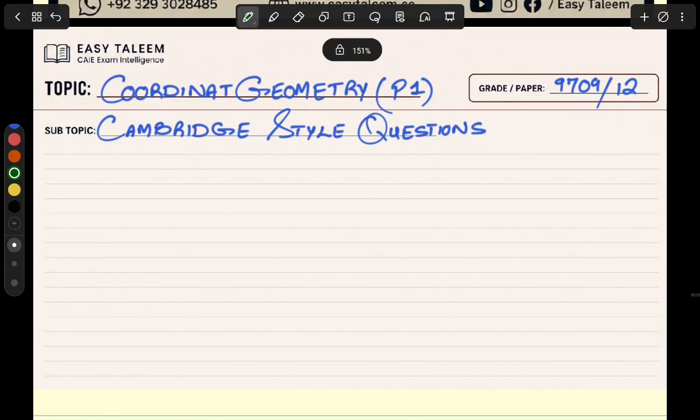Last lecture was about learning formulas. Today we are going to stop using formulas because Cambridge doesn't ask you if you can calculate a midpoint between A and B. Instead, it asks you if you can use the midpoint to discover something that isn't written or given, right? So let's say that A is a coordinate -5 comma -15, B is 10 comma k, and C